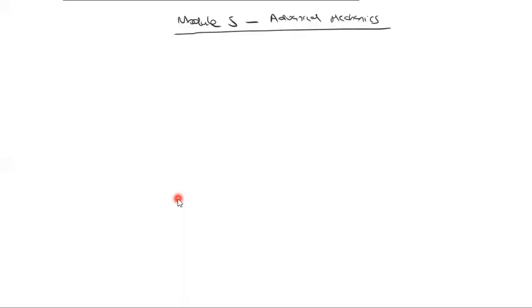So revision of module 5 for physics is advanced mechanics. And this really can be more or less made up of two main components. One is projectile motion, which we'll be going through first. Another is circular motion. And then once you do that, then the rest is just basically application